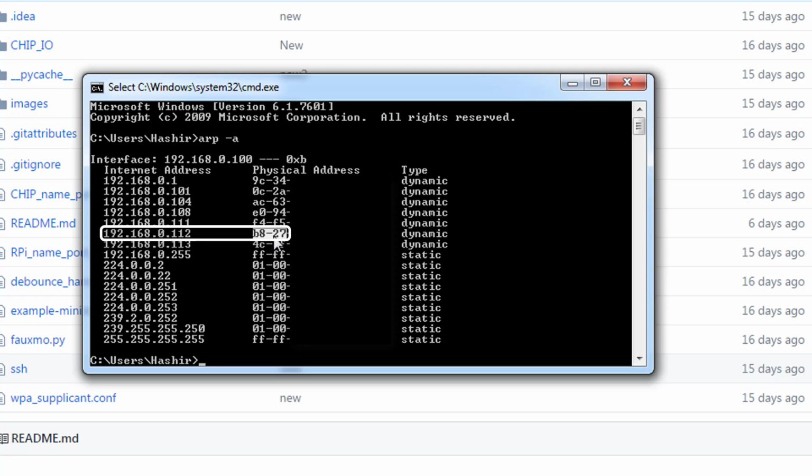So once you find the MAC address, look for the IP address in the internet address column. And this is your IP address. Note this IP address because you will need it to connect your SSH session and also VNC into the Raspberry Pi. When you close this window after you note the IP address,